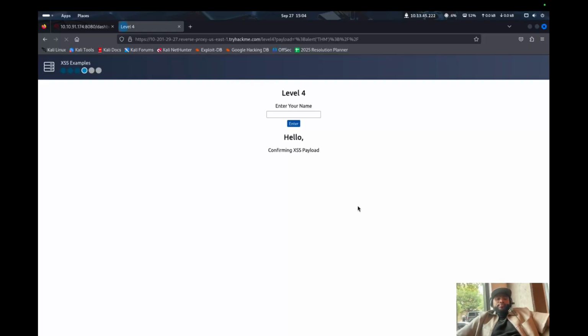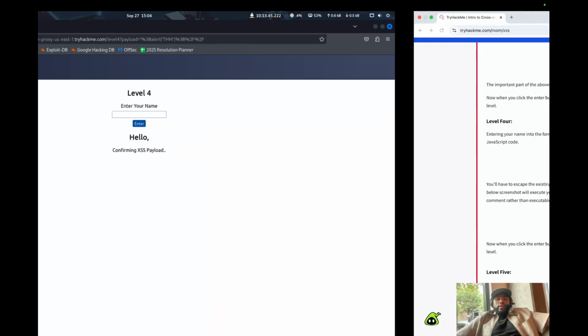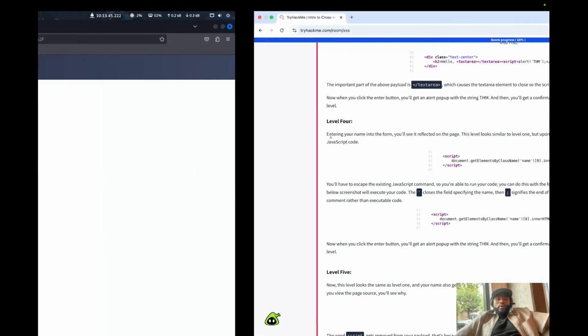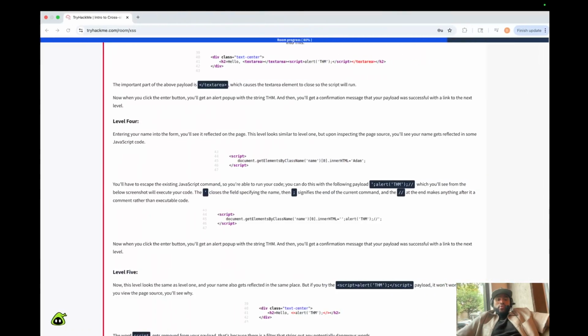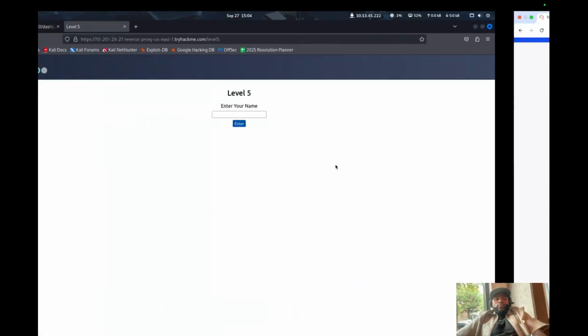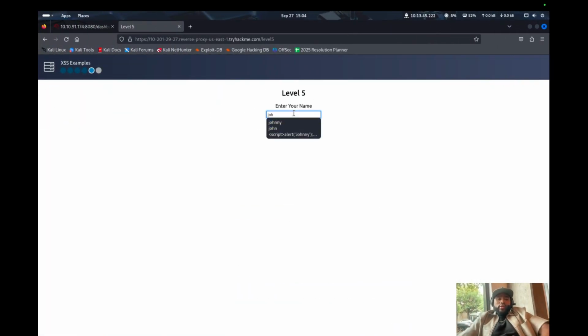enter that. As soon as you enter that, it kind of skips out, and you get the Tryhackme alert box again. And go ahead and click that again. We're gonna go to level 5 because our payload was successful. Level 5, we do the same thing again. We go click on John,